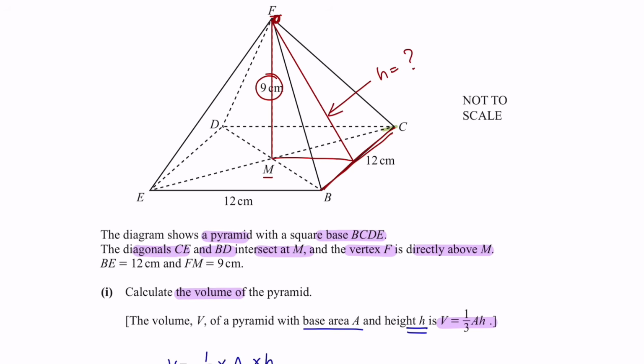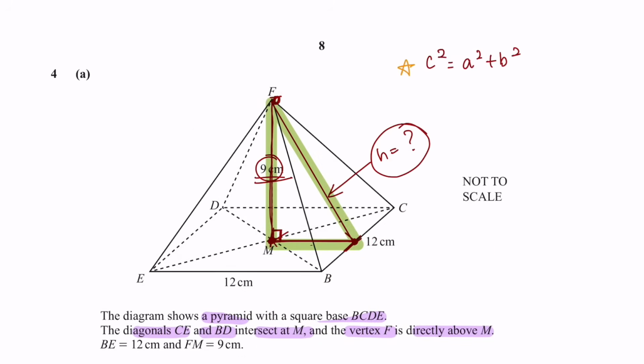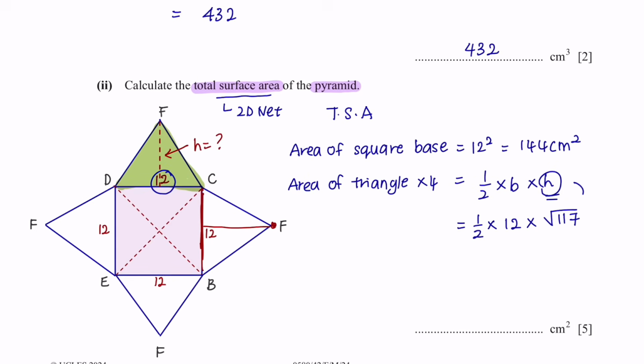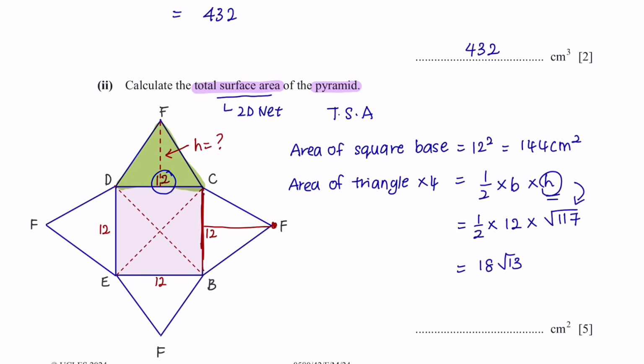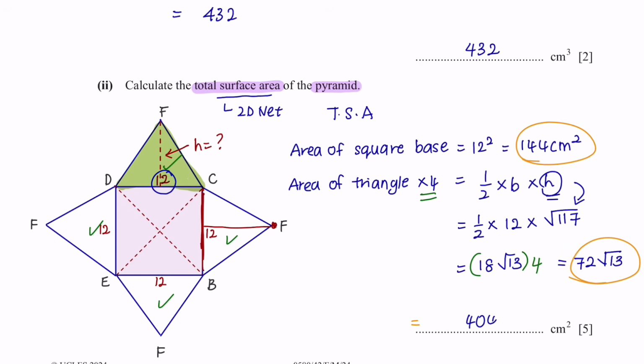And if we draw a right angle triangle, we can use Pythagoras theorem to solve this. The h is the hypotenuse, so it will be 9 squared plus 6 squared. So h is the square root of 117. So for h, we'll just substitute the square root of 117, giving us 18 square root of 13. Don't forget to multiply this by 4 because there are 4 of these triangles. And now you can sum up the area of base and the area of 4 triangles, which is 404 centimeters